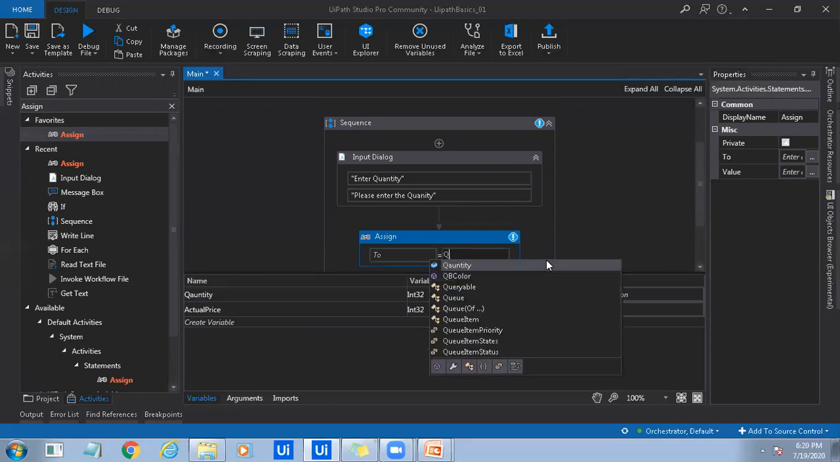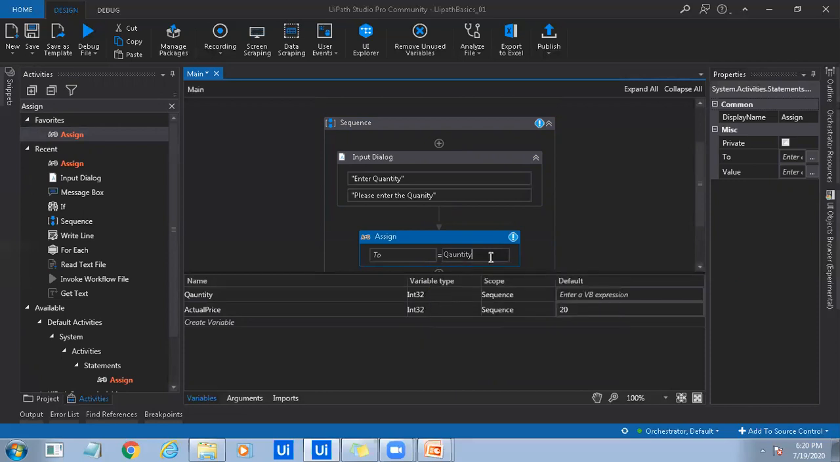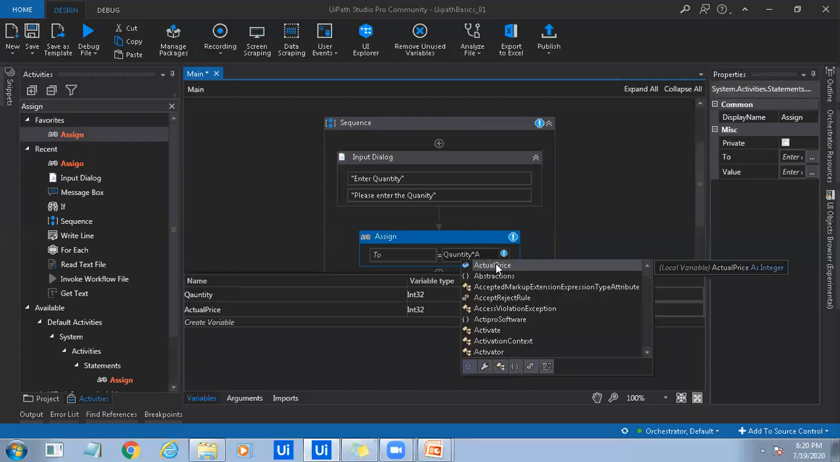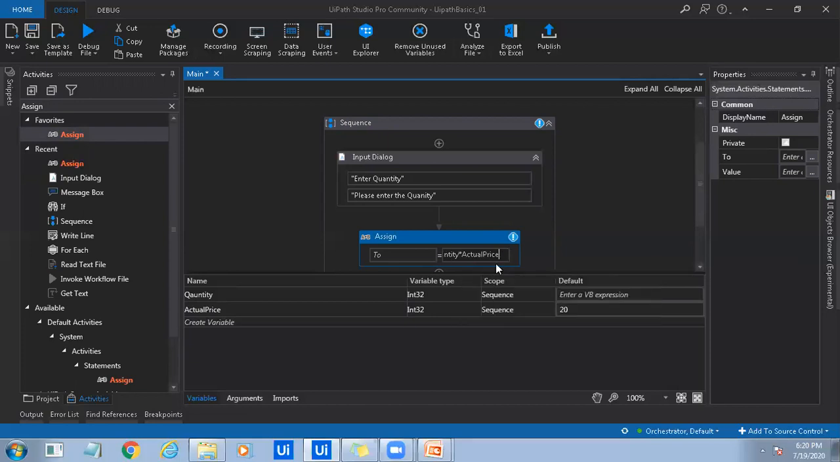If you just type in Q, the IntelliSense will give you the list of variables which are starting with Q. Let me select that and into actual price. Just type in EA. You can select actual price from the IntelliSense. And I want that to be stored in a variable called, just use Control K, a variable called actual